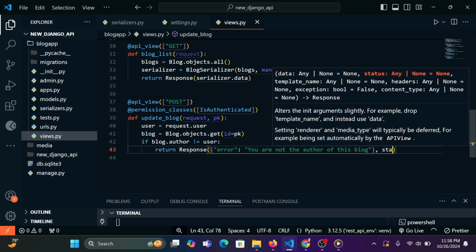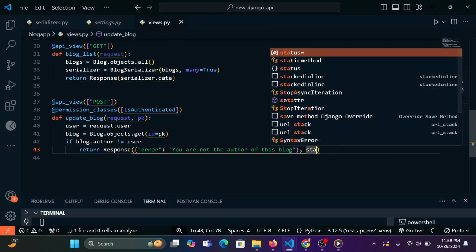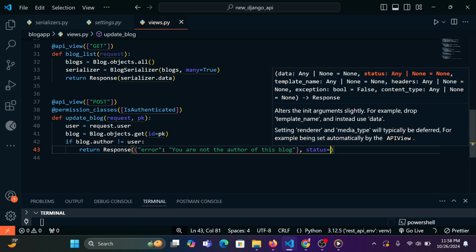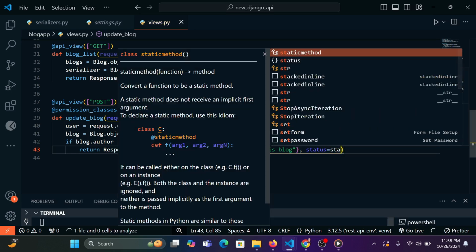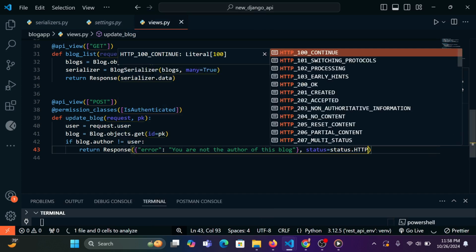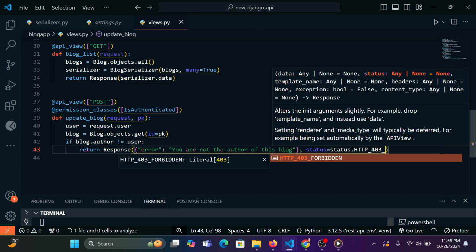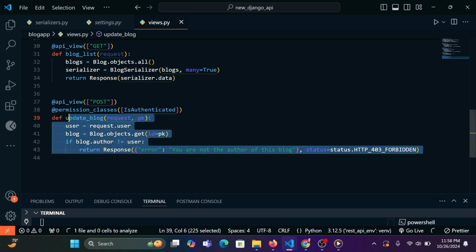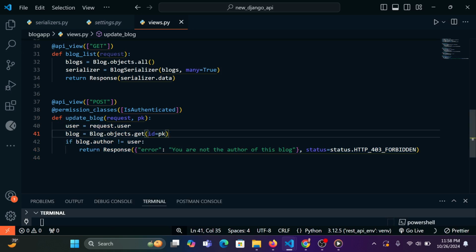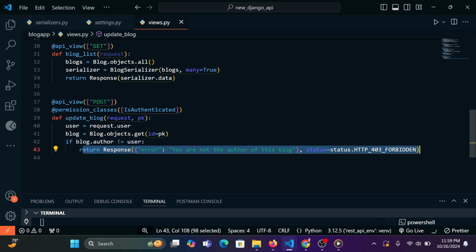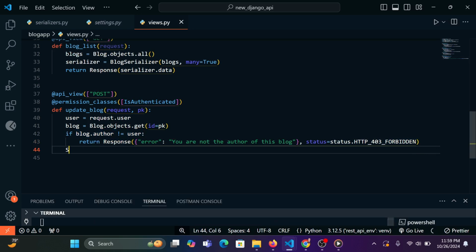We're going to return a status code, and that's going to be 403. We're going to say status should be equal to status.HTTP_403_FORBIDDEN. So what's happening here is this: if you want to update a blog, you must be the author. You can't just go ahead to update someone else's blog, right? So if this condition is true, we're going to return this response. I understand. But if it is not true, we're going to then say